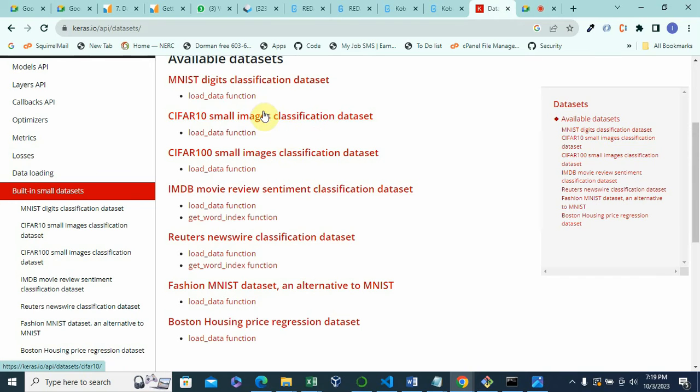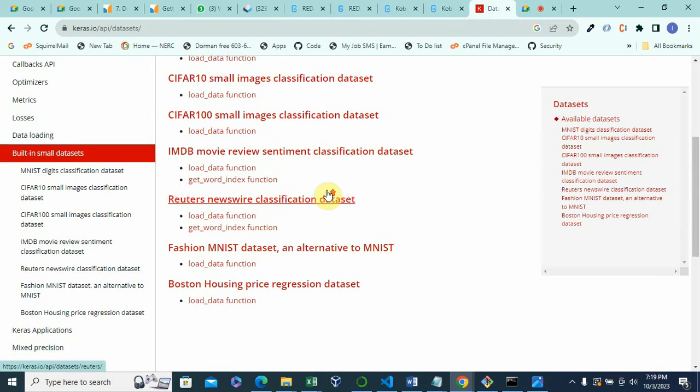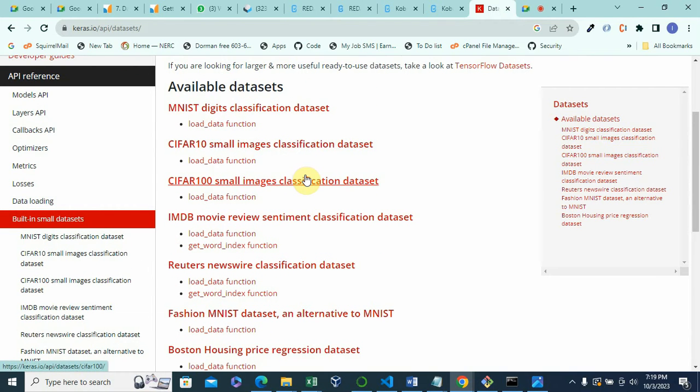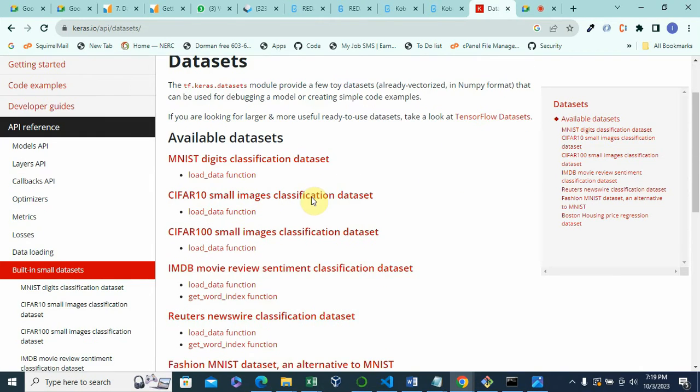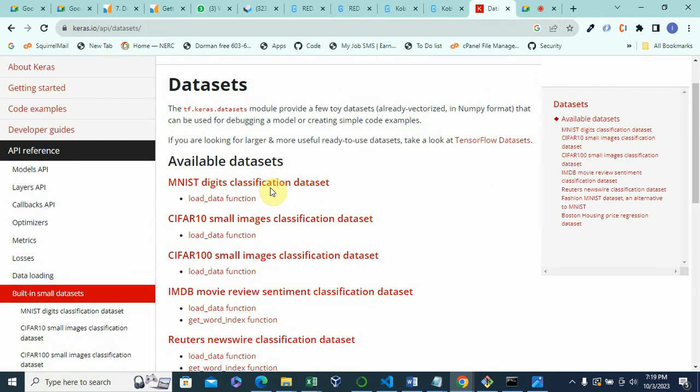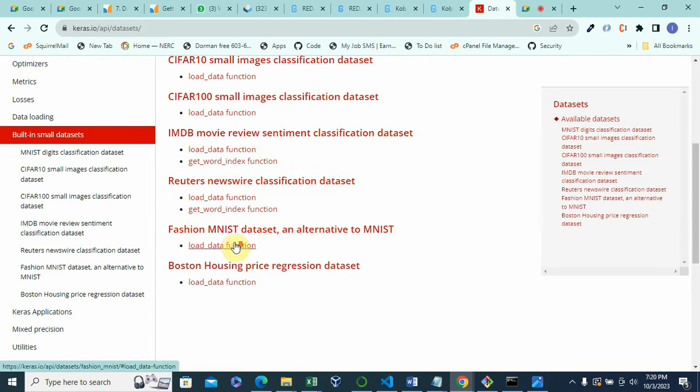Classification might not be so beginner friendly, but I'm going to be doing follow-up videos for classification, image classification, because it requires a couple of functions that are not so beginner friendly. Once we lay this foundation, it's easier to grow up to that one. So we're going to be using the Boston housing price regression dataset.